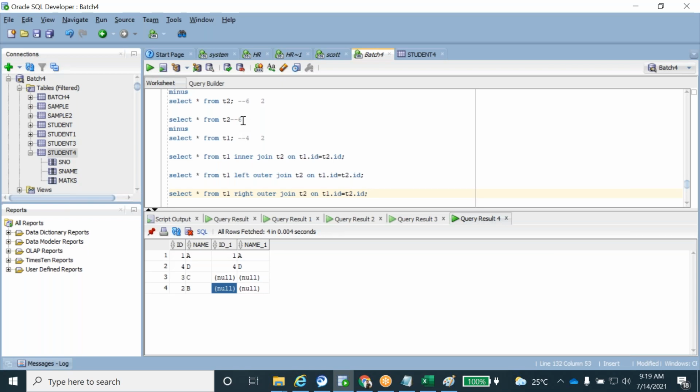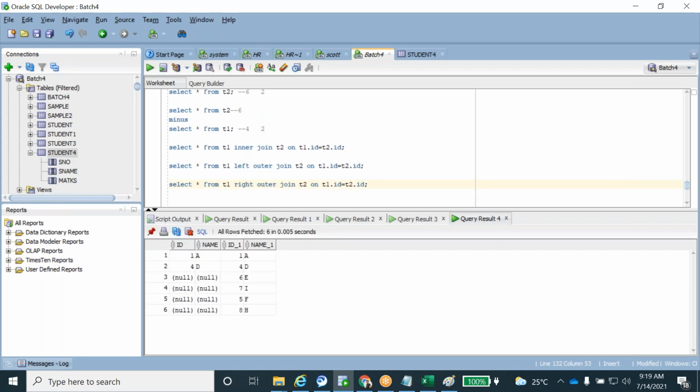Here 4 records and 6 records are there. Now what is my output? Total it will come 6. 2 will match and 4 will come null. So the first 2 records are matching, and the remaining unmatching records are from the right side table. This is displaying unmatching records. The corresponding columns of the left side table display null values while applying the right outer join.